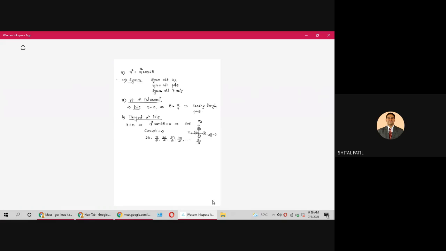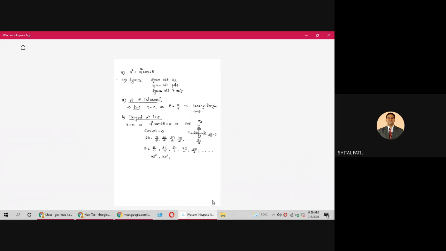But our aim is not to find 2 theta, we want to find theta. So what is theta? Pi by 4, then 3 pi by 4, 5 pi by 4, 7 pi by 4, 9 pi by 4 if required. We'll see whether it is required or not. Then 11 pi by 4 and so on. Pi by 4 is 45 degree, we know it. 3 pi by 4 is 135 degree.